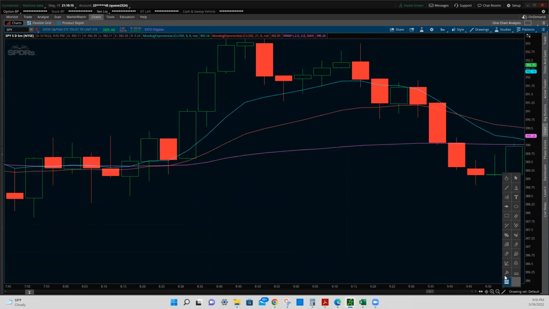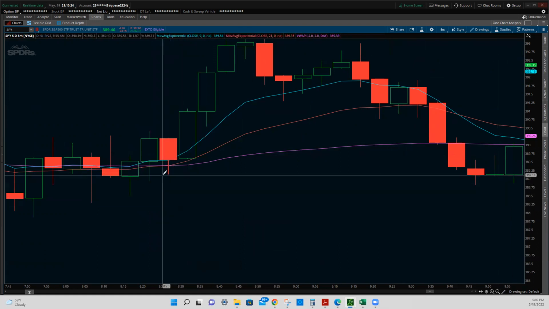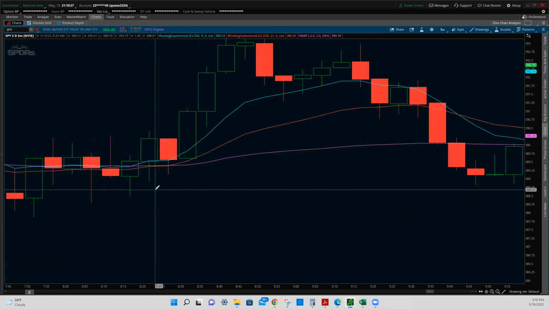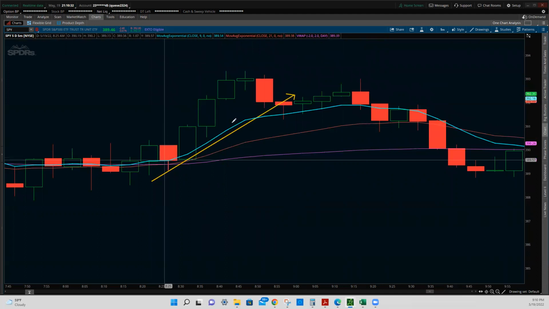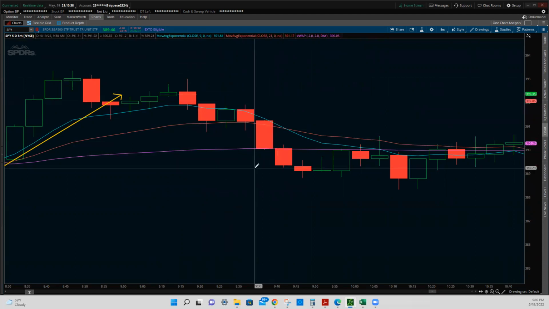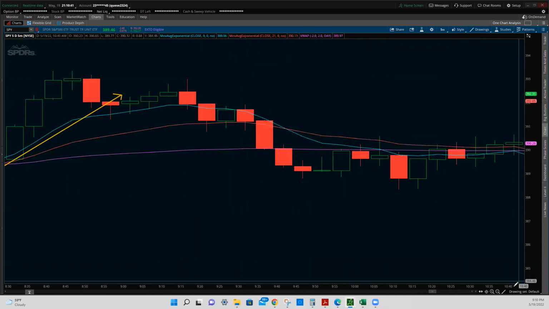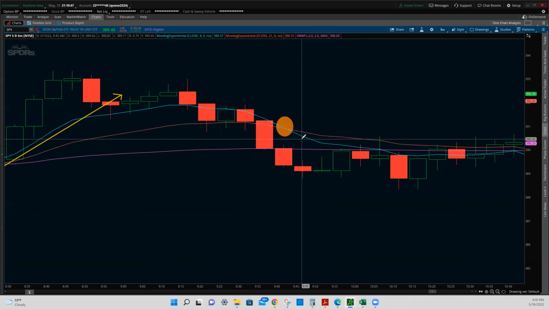And look here again. At this area here, you can see the blue line is above the red line and it's above the purple line. And look at that, another big move that you could have captured. And then vice versa, right here we had a crossover, the blue line crossed this red line here, which indicates a possible downtrend. However, the lines never got beneath